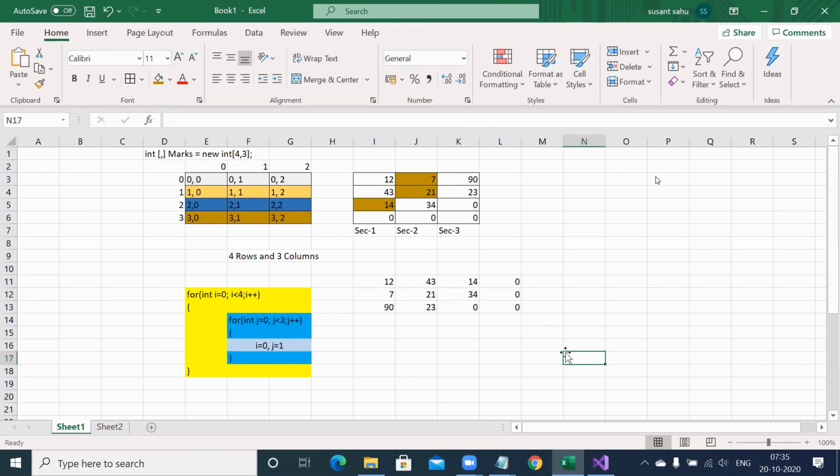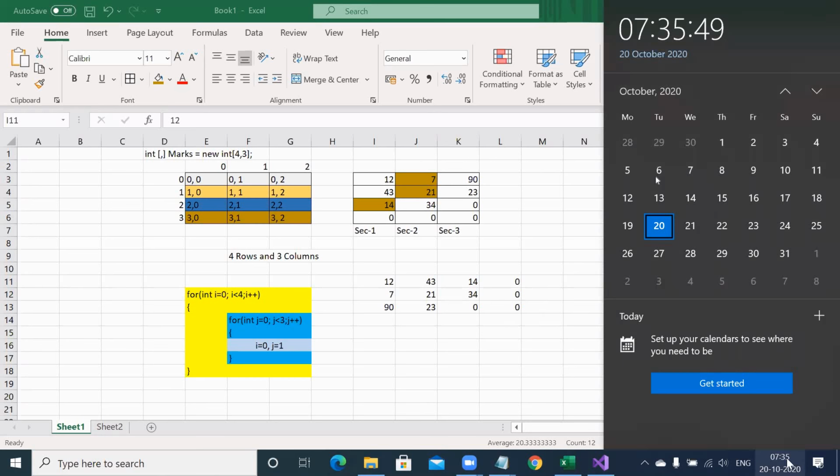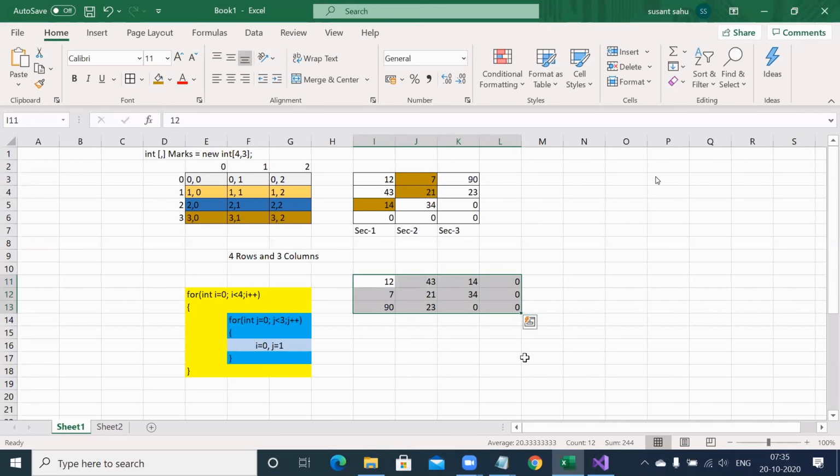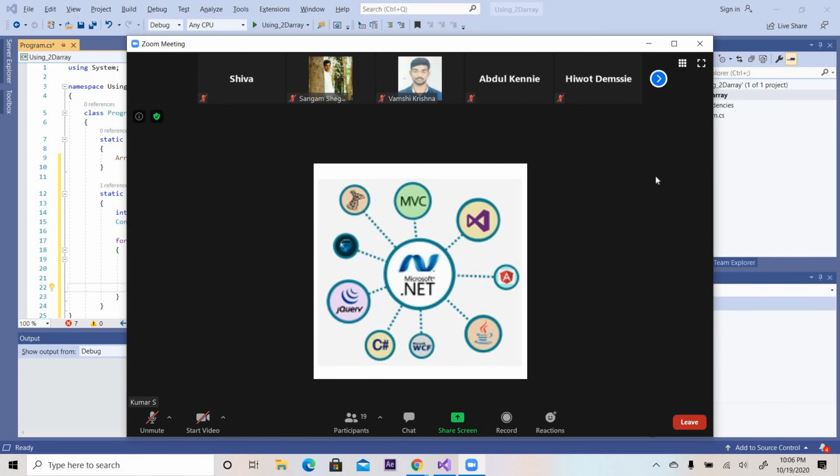That means if my input is like this, my output should be like this. That is the second question. Try it out. If anybody not able to do, you remind me tomorrow morning. I will discuss on this. Tomorrow means our next class will be Thursday. So Thursday morning, you remind me that I could not do it. Those people who are able to do, you can send me through a notepad how I have told you. Okay. So I will see on Thursday same time, guys.